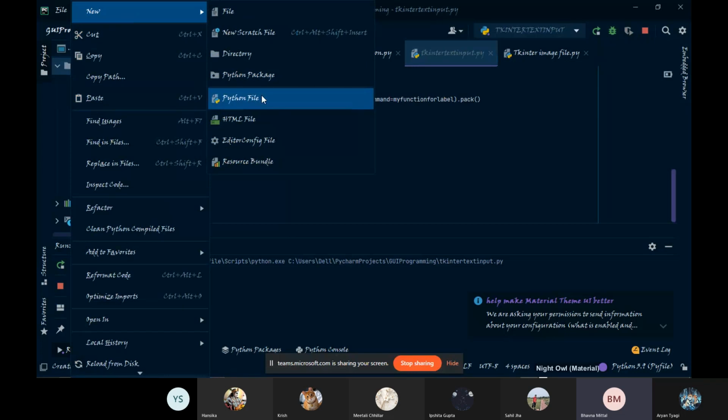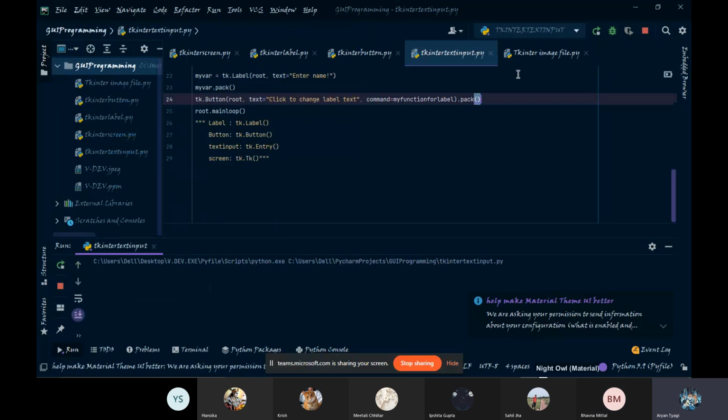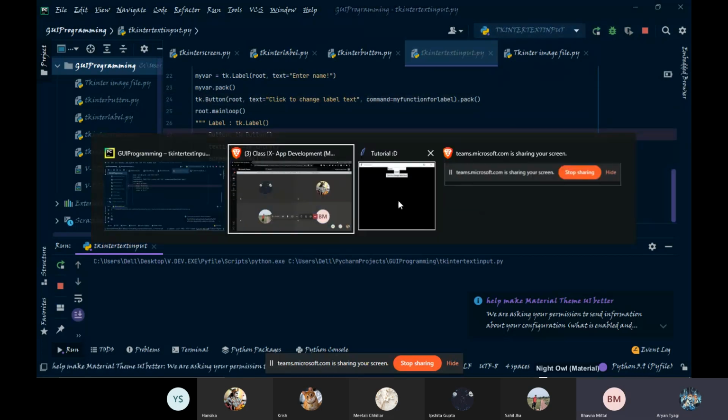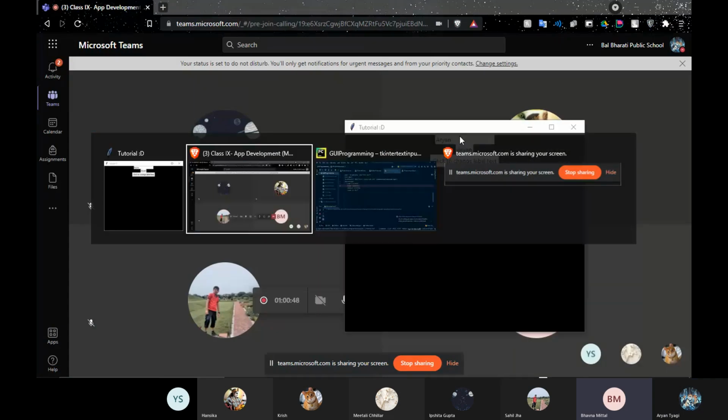ठीक है. So now we could either demonstrate the image, how we can show an image, or as ma'am said, I should start with the program, which will demonstrate just what this program will do, basically this. I think this much is enough for today. Let them make one themselves.